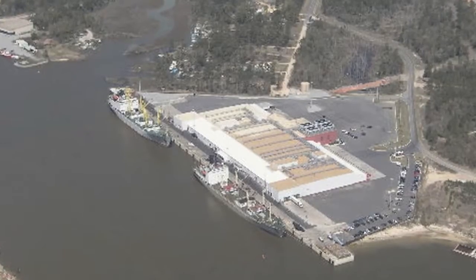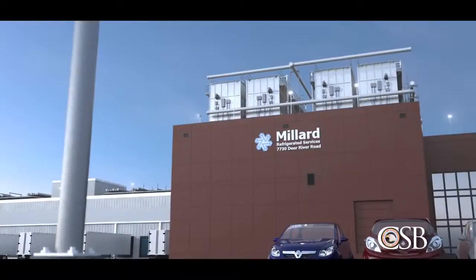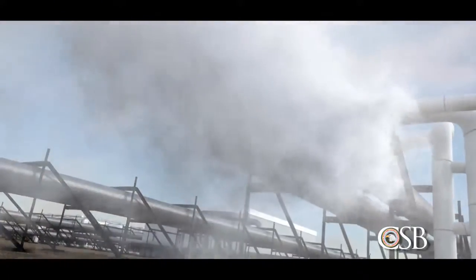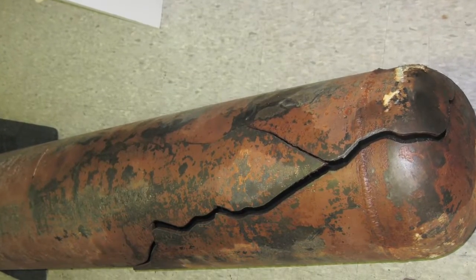August 23, 2010. The Millard Refrigerated Services facility in Theodore, Alabama. More than 32,000 pounds of anhydrous ammonia was released to the atmosphere after a pipe within the plant's refrigeration system catastrophically failed. The Chemical Safety Board investigated and found that the ruptured pipe was caused by hydraulic shock, which is